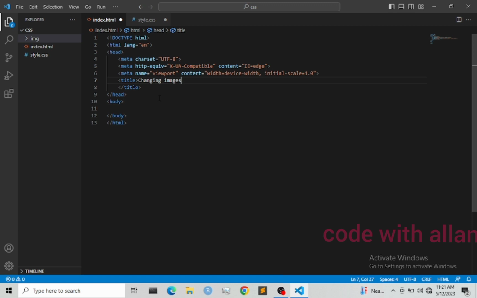After here, I'm going to link my CSS with our HTML. So I'm going to use the link, then that is style.css. Then from there, I'm going to create a navigation, that is our header, and I'm going to start with the logo. For the logo, I'm going to give it as STA WebTech,